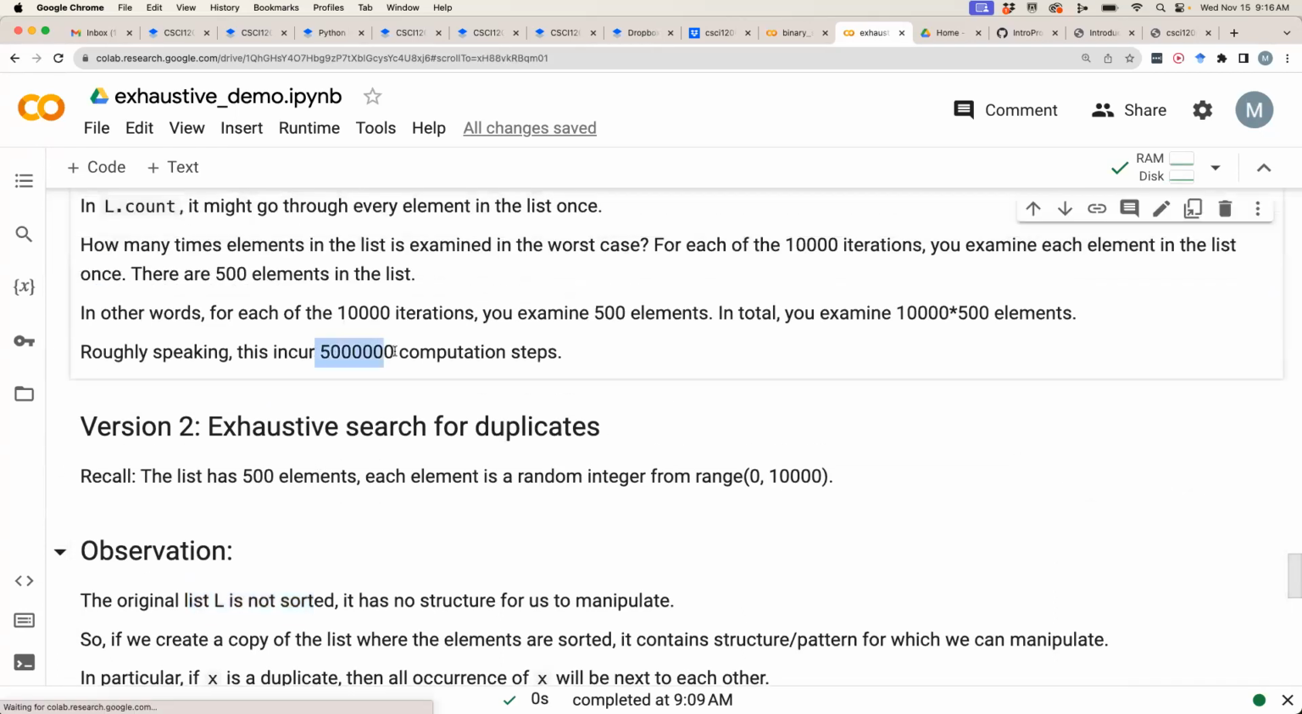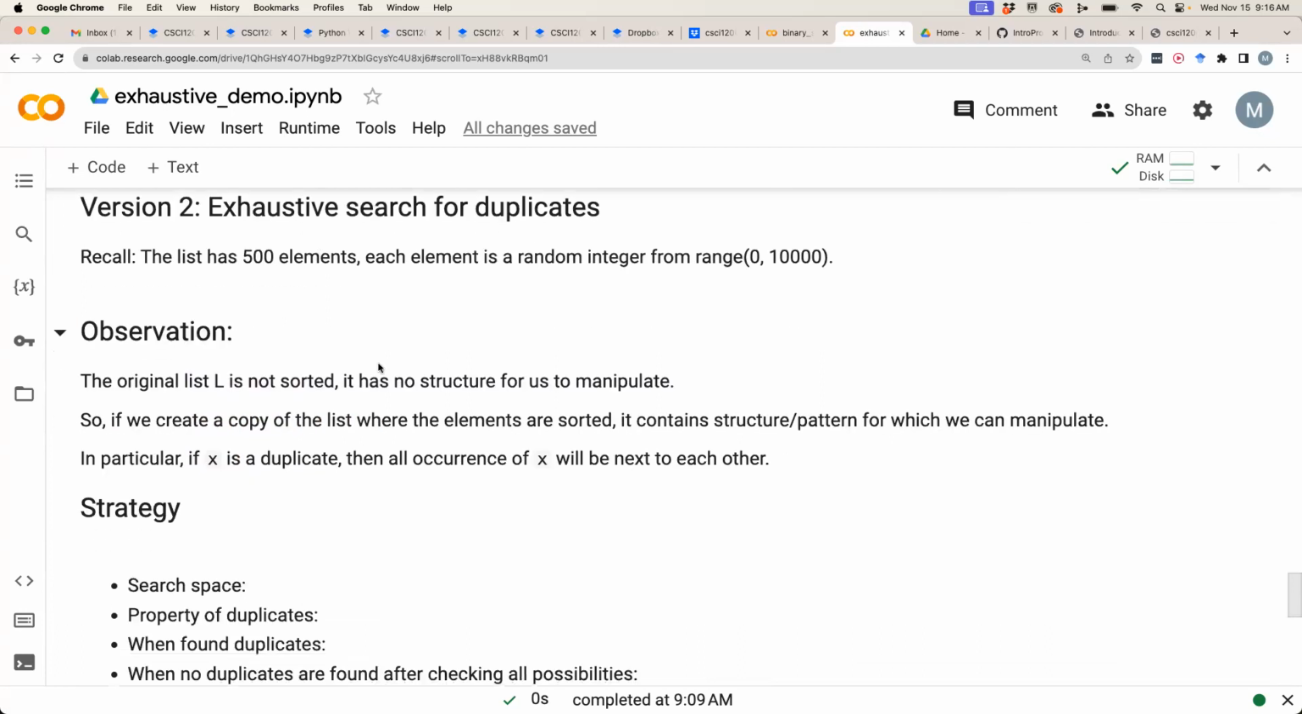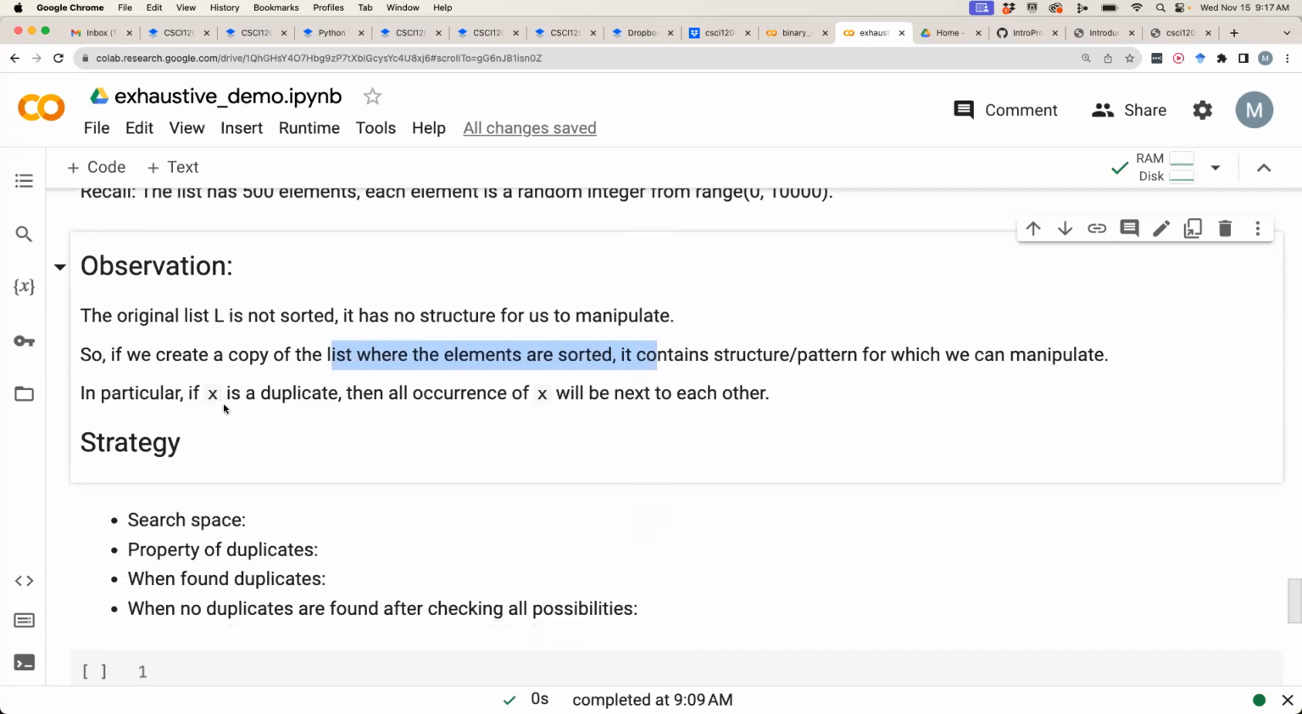So we want to bypass this 5 million computational steps. We don't want to go through the list again and again. We just want to go through it once. So what can we do so that we only go through the list once? The idea is that we create some structure among these elements by sorting them. Once we sort it, these elements are not just randomly positioned in the list. They are sorted in either non-decreasing order or non-increasing order. And that kind of pattern allows us to manipulate it so that we can find out whether there is a duplicate very easily. If X is a duplicate in particular, then all occurrences of X will be next to